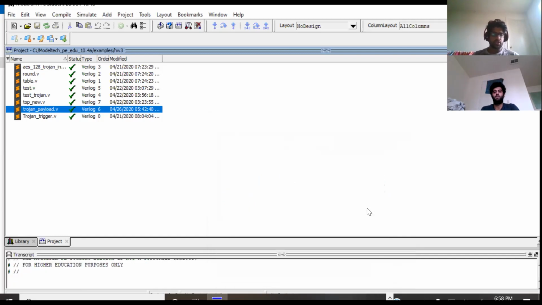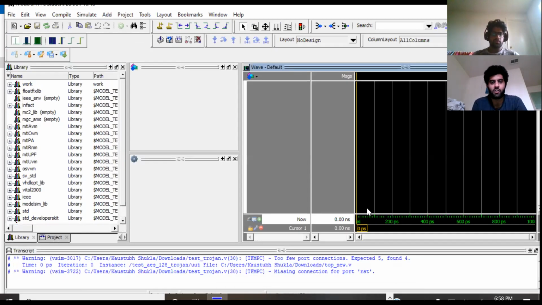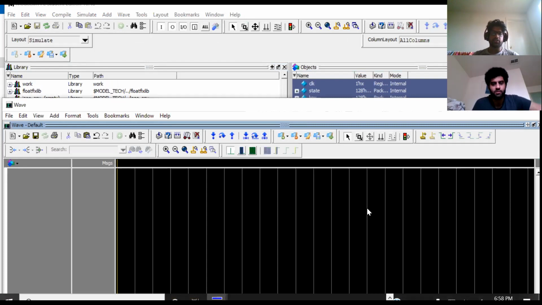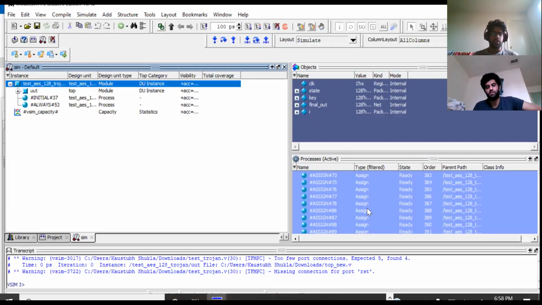So I'll be running the simulation now to show what's going on. In the second payload that we have implemented, this time this payload intends to leak certain bits from the key to the output. So it's basically a way for the attacker to get a picture of what exactly the key bits are. And if the attacker has some idea of, let's say, a certain number of key bits, then the rest of the key bits can be evaluated using traditional brute force approaches. So this type of Trojan detection or information leakage technique is very harmful for a designer. It can easily break the AES encryption or any other encryption methods used.